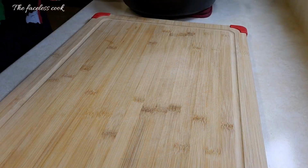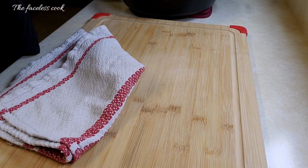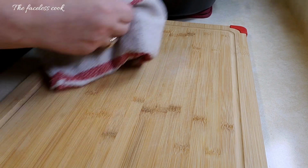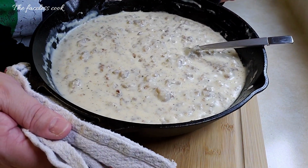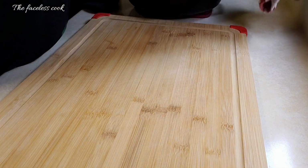All right, so here we go. Let's get this plated up. It's going to be a great breakfast. Awesome breakfast. All right, so this is, again, what this looks like. This is what that should look like. Okay, there's our sausage gravy. Now,